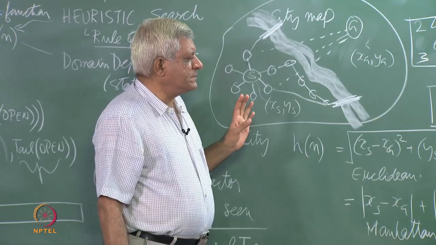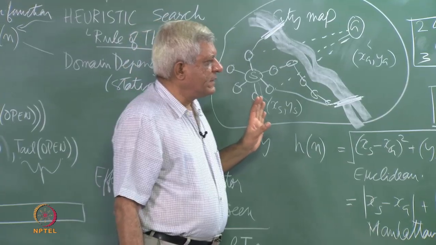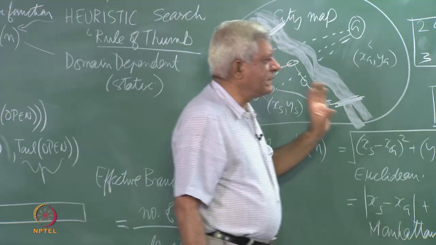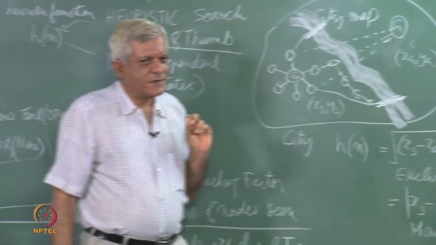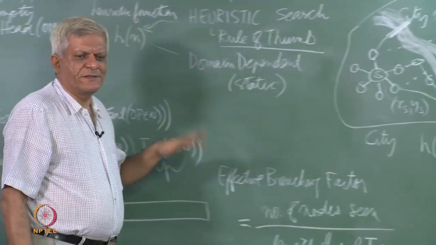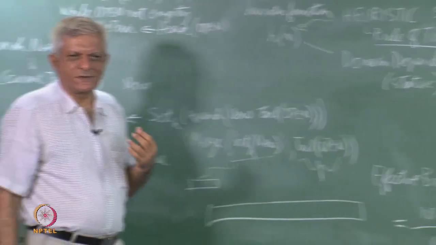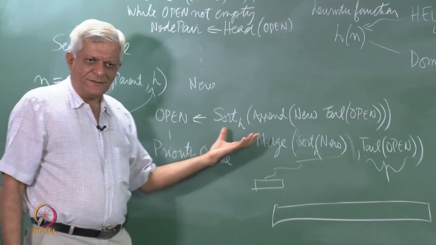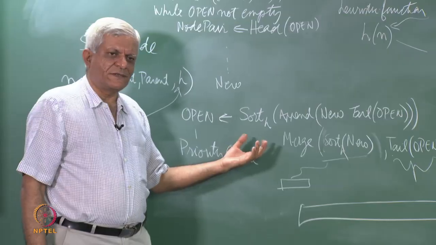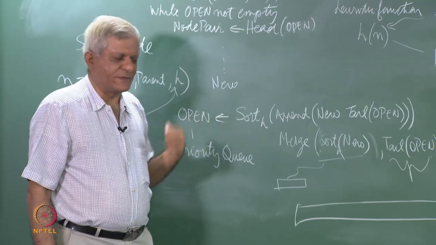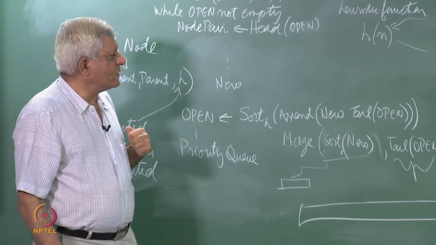So, you have to devise some heuristic function which will give you a number for every node that you add to the open list, and we are assuming here that the smaller the better, because we are talking about the notion of a distance. Then we will sort the open list according to the heuristic function and always choose the best node, and the search will progress essentially. So, what is the hope? The hope is that